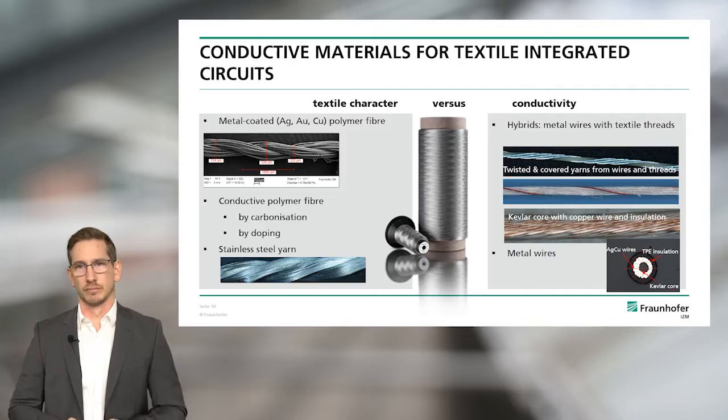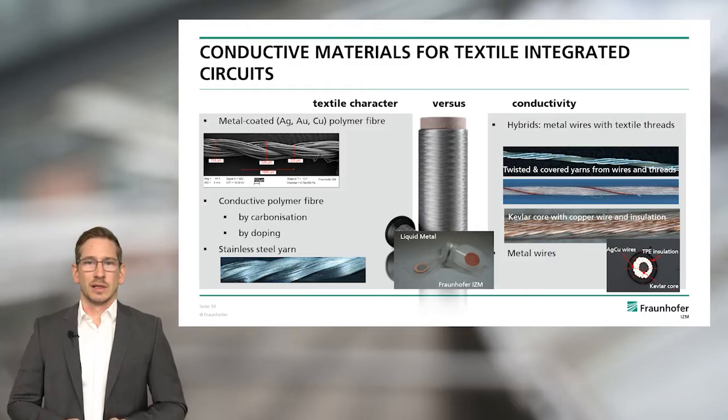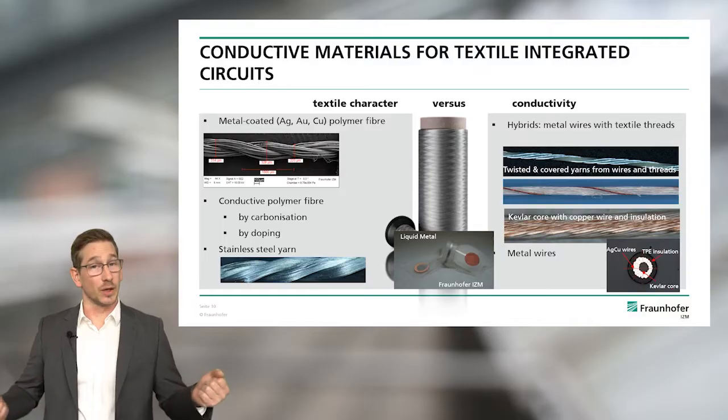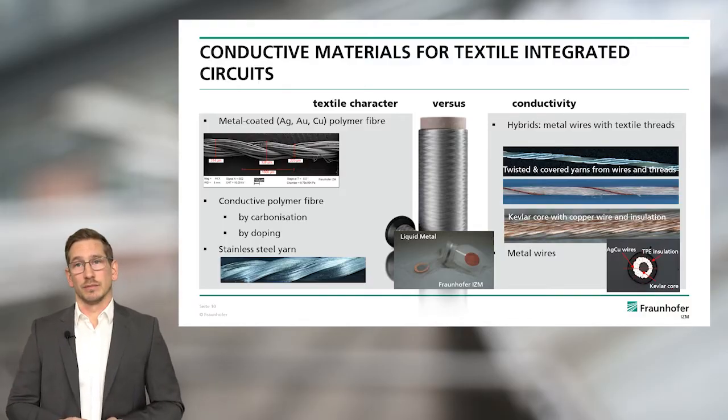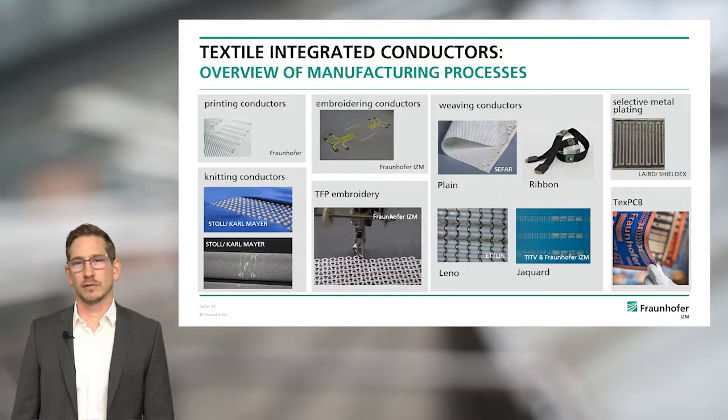but it is really, let's say, in its childhood, is the use of liquid metals, because they also have certain advantages, because they don't break. So the challenge is more the processing, how to structure them, and the weak spots are more the substrate materials around them. On the next slide, I would like to give you an overview about manufacturing processes for textile circuits,